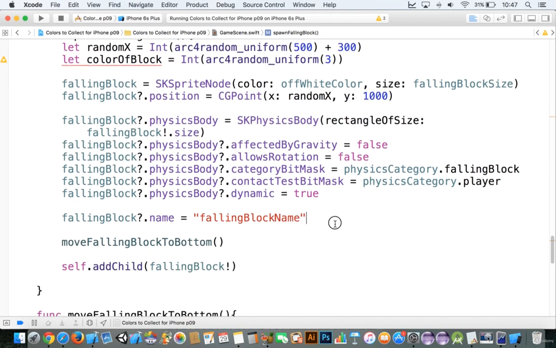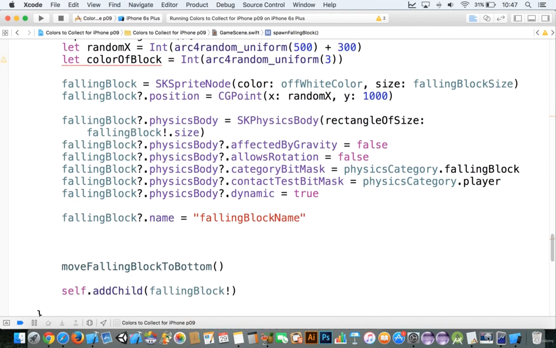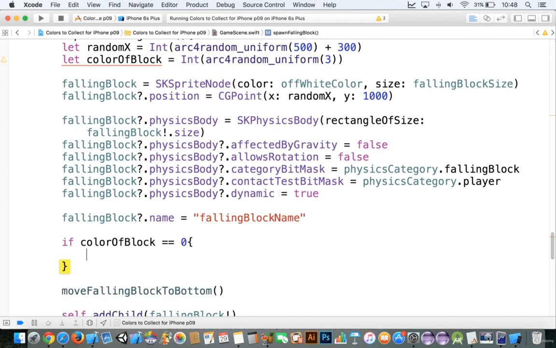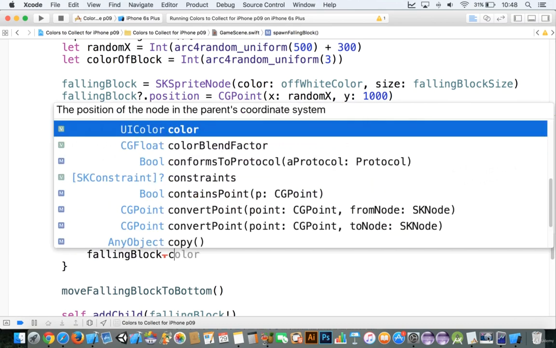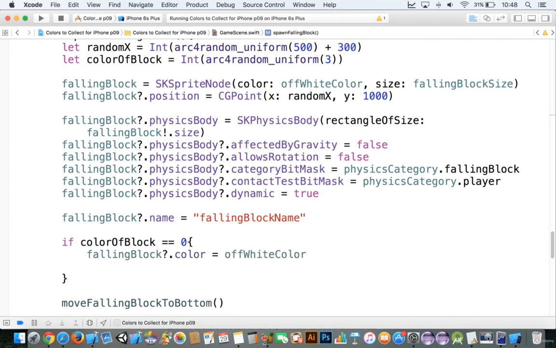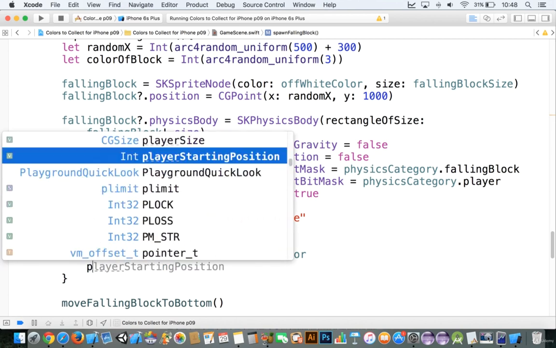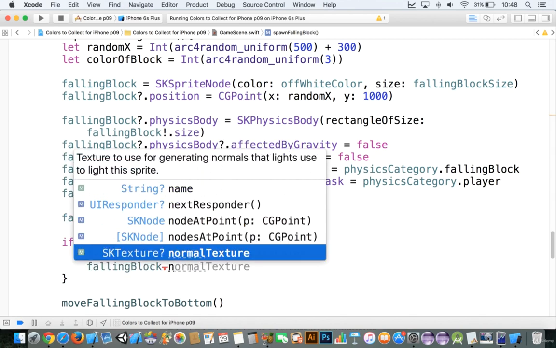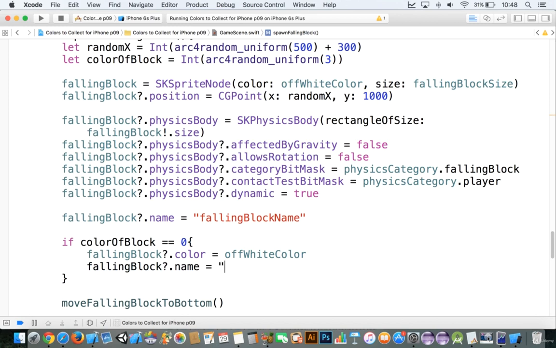Now, below this falling block name, it has to be below this here, we're going to say if color of block is double equal to 0, then we're going to do two things. First of all, we're going to say falling block dot color is equal to off-white color. We're going to make it the exact same color scheme as the player. Then we're going to go to falling block dot name is equal to, and then we're going to say this is called this falling